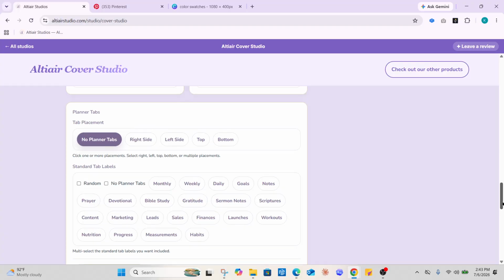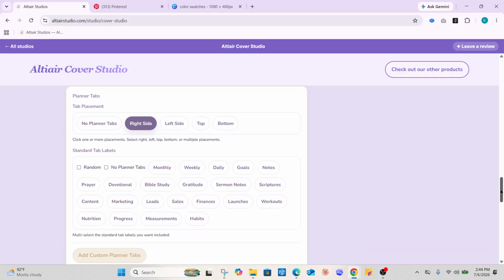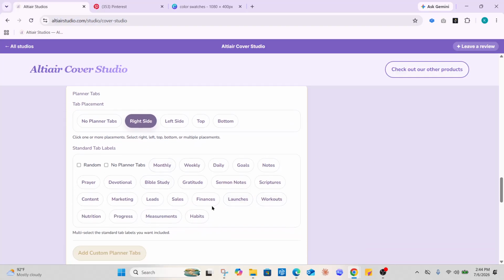Now for this example, I'm going to only do tabs on the right side, but I am going to show you how to do them on both sides. Okay, so these are pre-selected ones. So since I'm only doing one side, I can use the pre-selected ones. Now, if you're going to do both sides, so like say if I wanted on the right and the top,